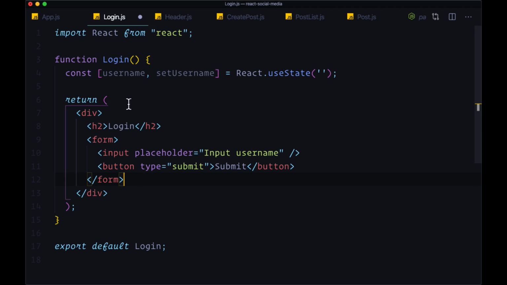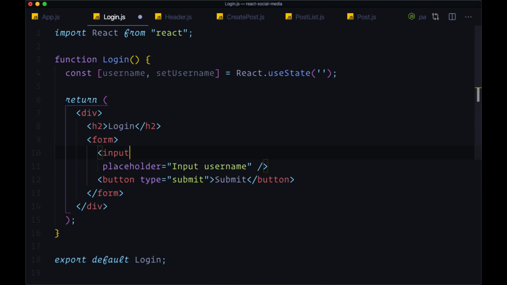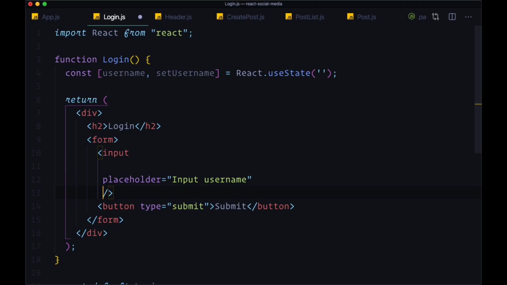Now we're going to store the username data when the form's submitted. So we're still going to keep track of what a user's typed in with onChange. So we can include an onChange here on our input. We get the event, and we can use an inline function to update the state with setUsername and pass in